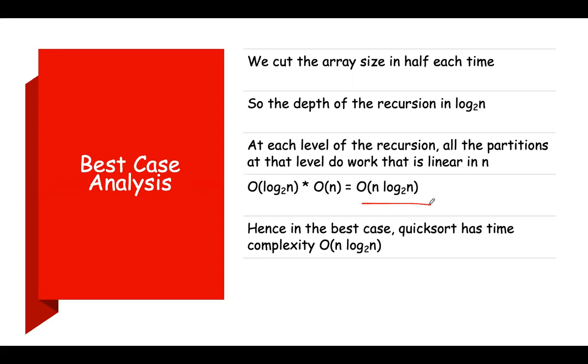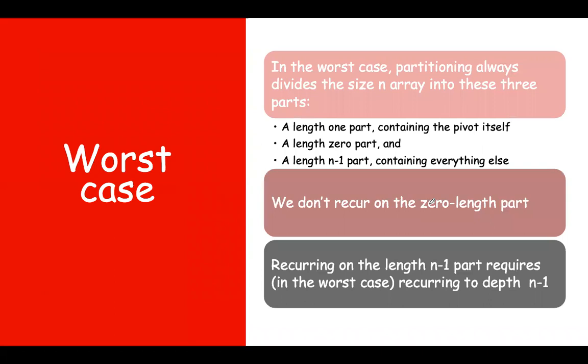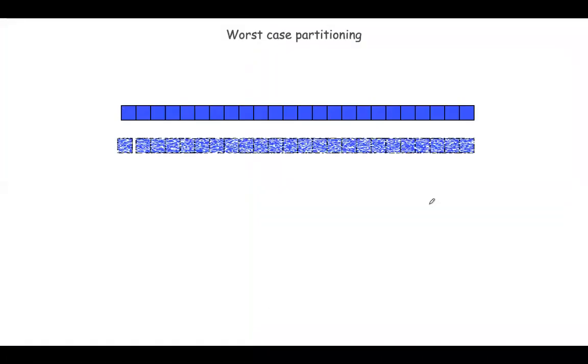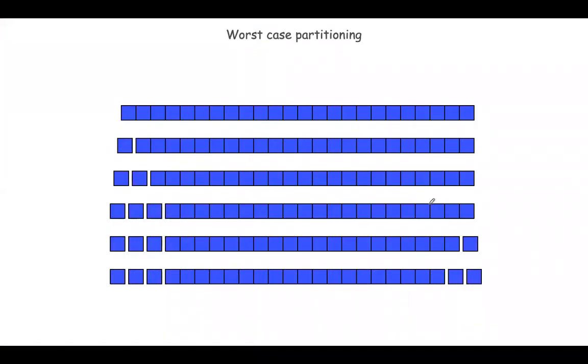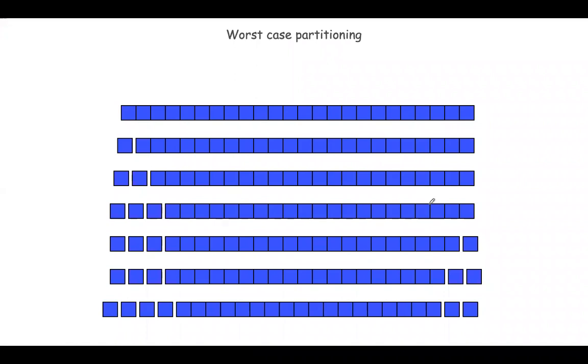Its complexity. And what is the worst case? Can anyone tell what is the worst case? Observe here, this is the worst case situation. By seeing this itself, one can imagine what is worst case. Worst case is nothing but partitioning is not happening. It is not dividing the array into equal parts. What is happening is only one element. Okay, if this is the pivot, array will be divided like this. One